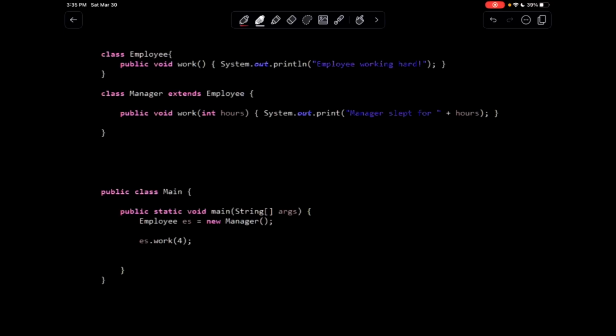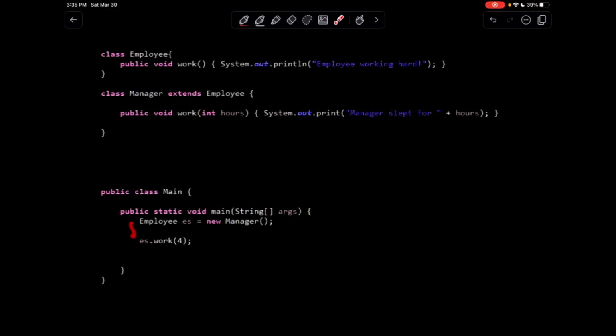All right, so this is question 2 here, and it looks very similar, but with a couple changes, right? So again, we got two classes where Manager seems to be inheriting from Employee. We got some work methods, and then we'll just start running from main, right? So here again,